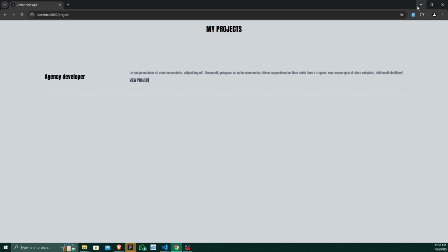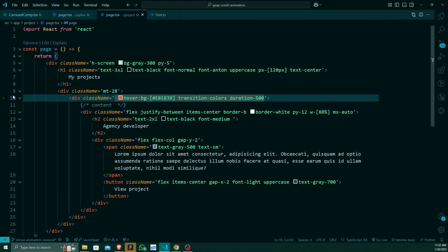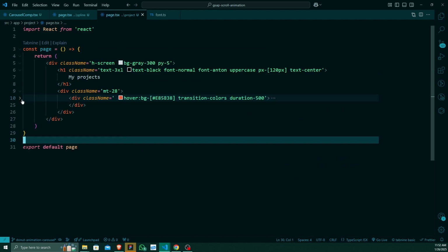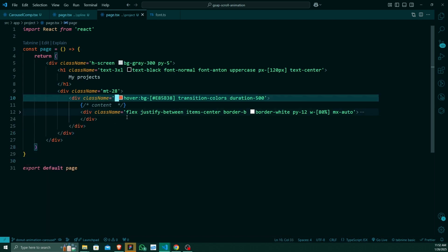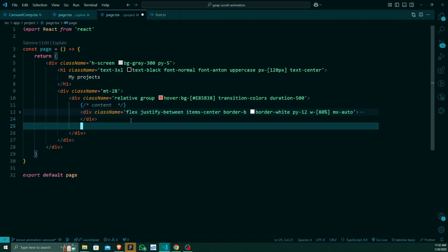Now let's create the image part. To create the image part, I will have to enclose this content div, and I will give it a class name of relative, so that the image will be positioned absolutely relative to it, and I will give it a class name of group. And after that I will create the image here, and I will create another div,